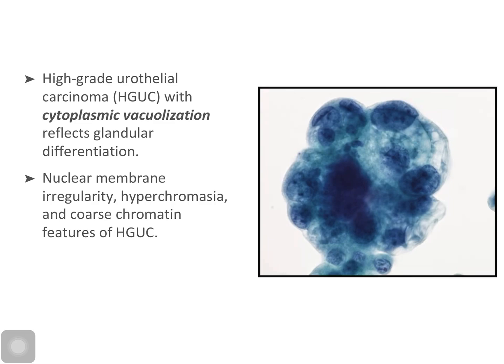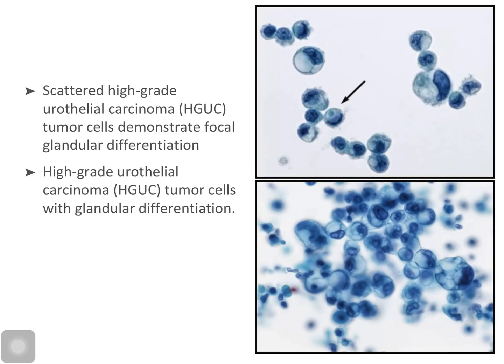In this picture, we can see high-grade urothelial carcinoma with cytoplasmic vacuolization reflecting glandular differentiation. Here we can see nuclear membrane irregularity, hyperchromasia and coarse chromatin, and we can see the cytoplasmic vacuolization which points towards the glandular differentiation. Here in picture A, we can see some scattered high-grade urothelial carcinoma which